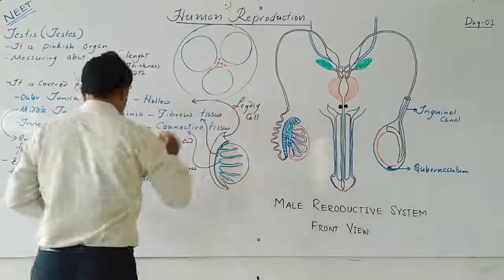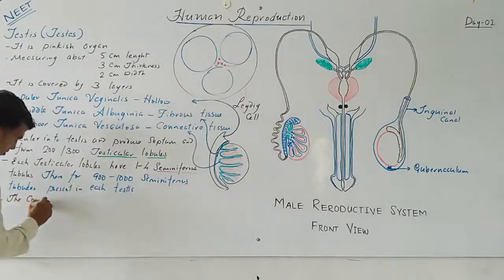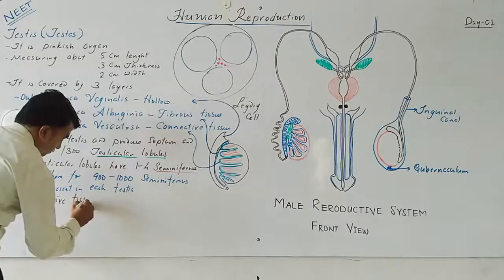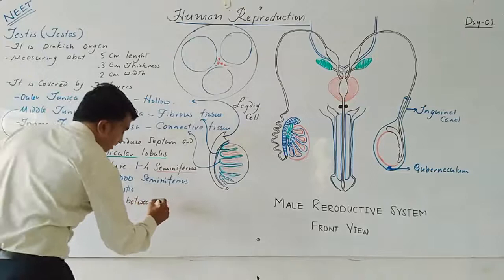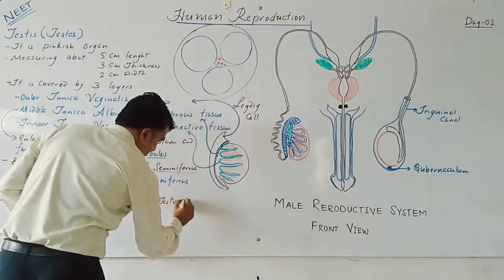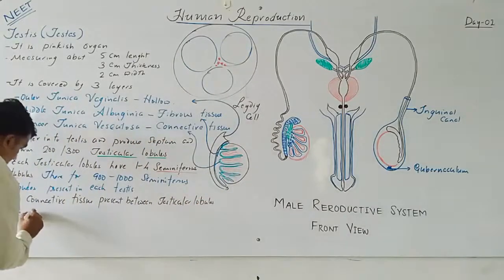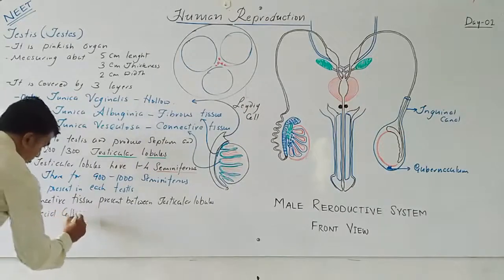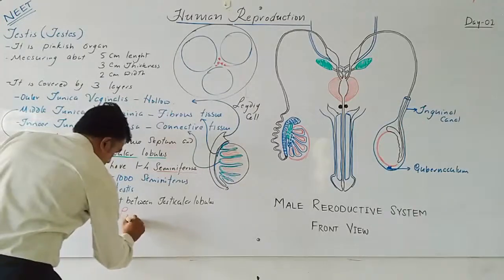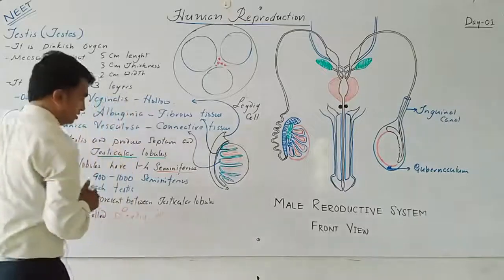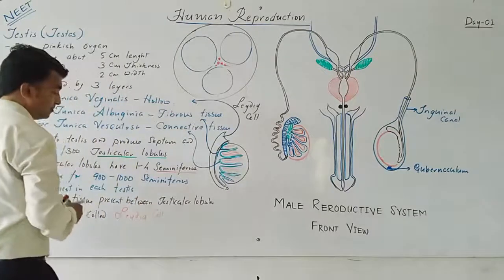Leydig cell. So the connective tissue present between testicular lobules have special cells called Leydig cells. This was discovered by the German scientist Leydig, and these Leydig cells are